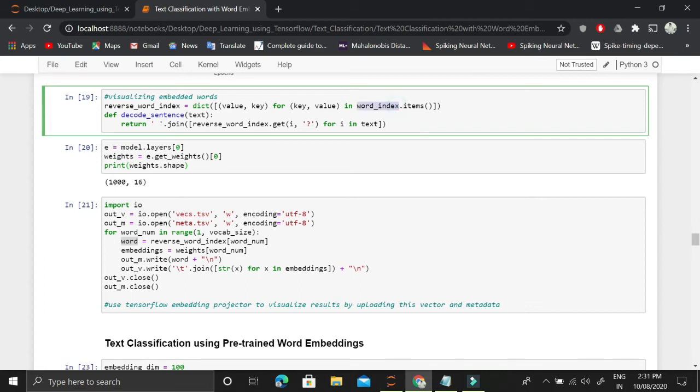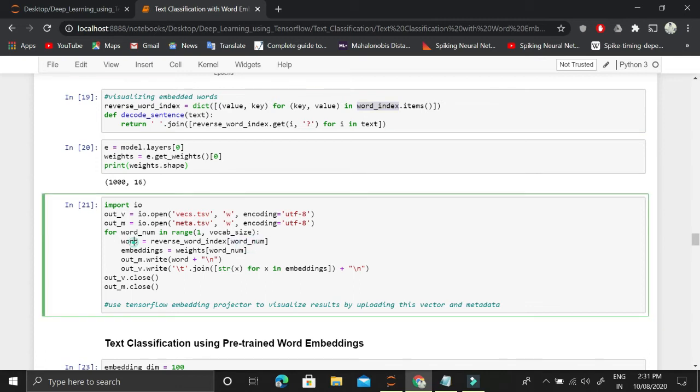But this reverse word index is an opposite dictionary containing a key value of integer, and for each integer key we have the value of word. So given this word number, we extract out the word. So for integer 1 we have a different word, for integer 2 we have a different word, and for integer 3, 4, 5 up to 1000 we are mapping each and every single integer to a unique word. And given that word, we will extract the weight for that word,